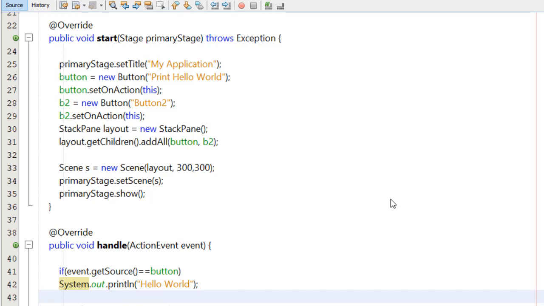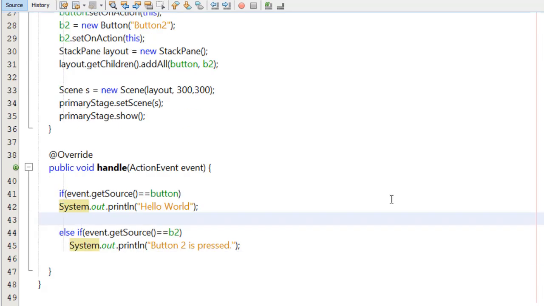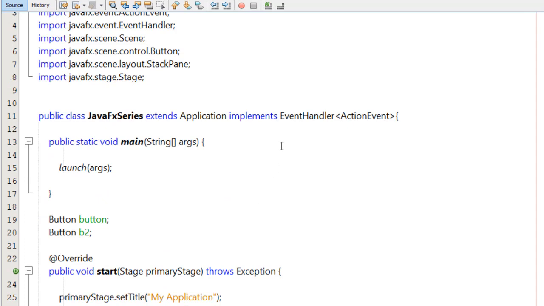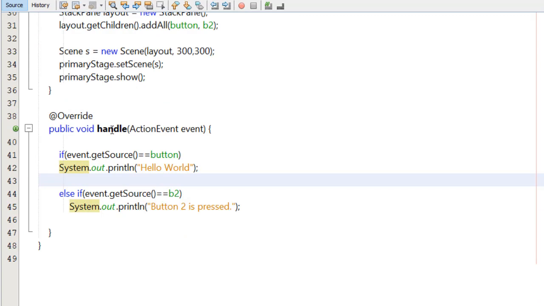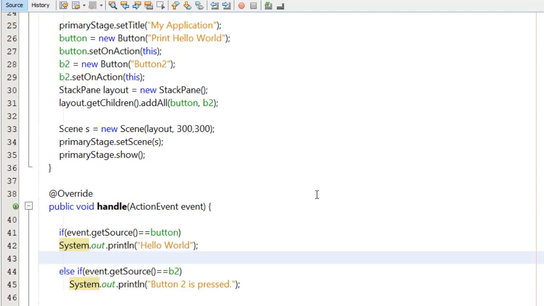In our previous video, we created this application in which we added some functionality to our buttons in the Java application. In this way we added functionalities to the buttons by using the event handler interface. We overrode the method, which is handle, in which we add two checks: if the event.getSource is equal to this button, then perform this code, and if the event.getSource is equal to button 2, then perform this code. So basically